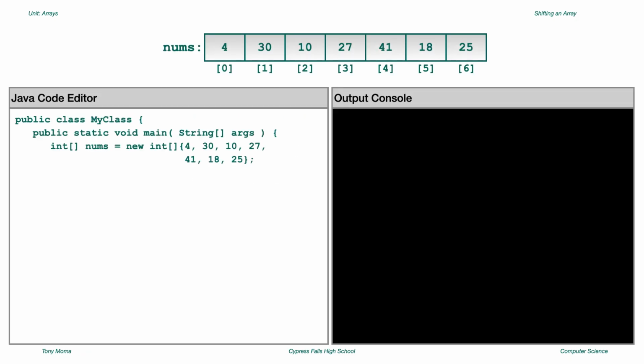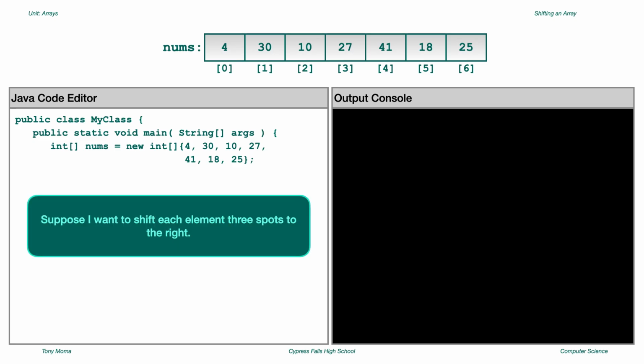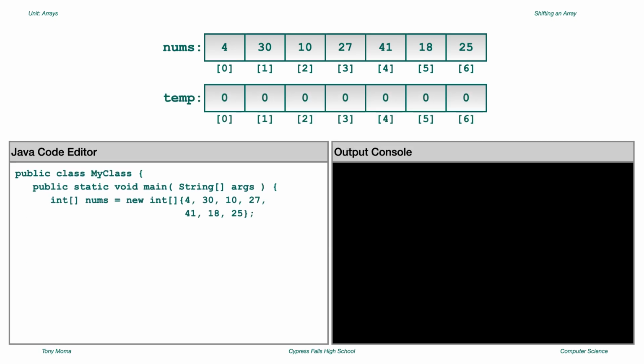Consider the following array of integers, and suppose I want to shift each element in this array 3 spots to the right. Well, the first step in doing that would be declaring a second array of the exact same length. I'm going to name this array temp, which is short for temporary. I call it that because I'm only going to temporarily use this reference variable, and I'm going to initialize it to an integer array of the exact same length as the original array, hence why I put nums.length inside the